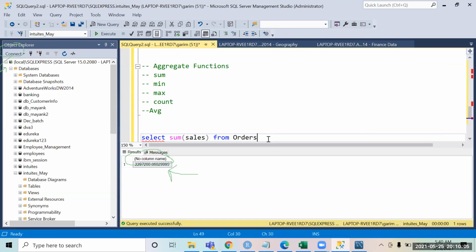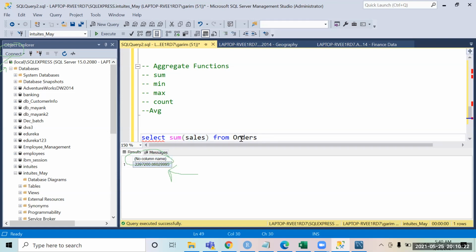These are columns which we are building at runtime. We did a calculation, so I'm not showing any existing column. I have done some calculation and I'm showing that. That is what is coming as no column name.